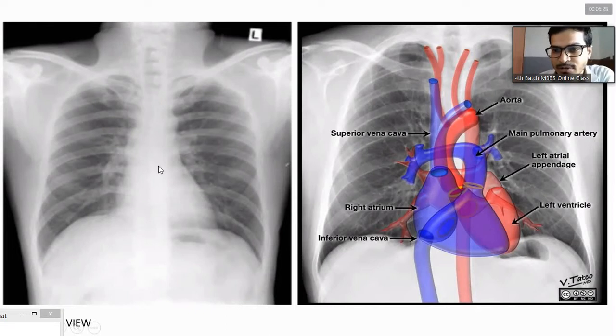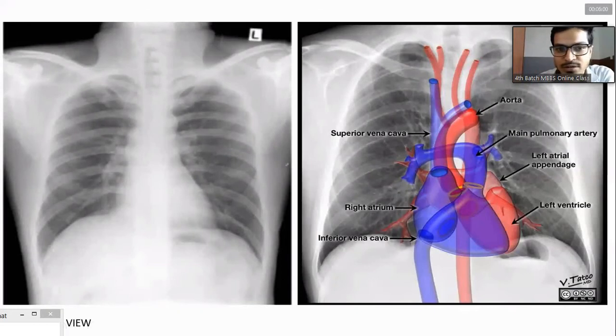Similarly, now look for the pulmonary vessel. The pulmonary artery emerges from the right ventricle, proceeds towards the right side, and branches. Initially there are two major branches, the right branch and the left branch. The left branch gives two divisions for the upper and lower lobes of the left lung. Similarly, the right pulmonary artery gives three branches, superior, middle, and inferior, for the three lobes of the right lung.